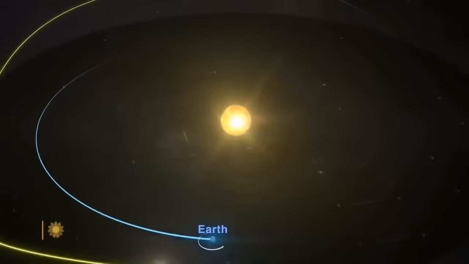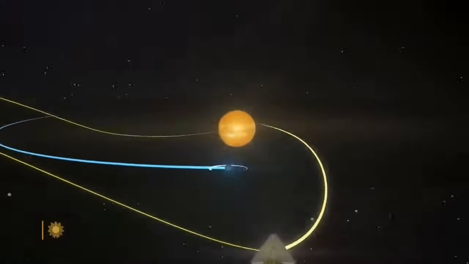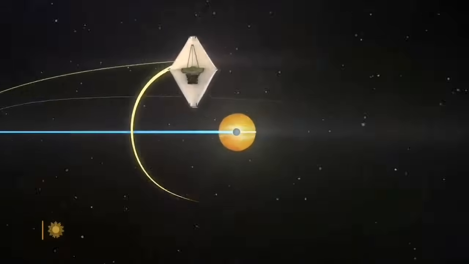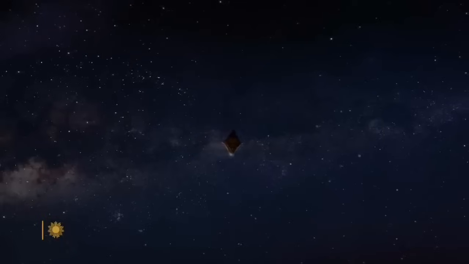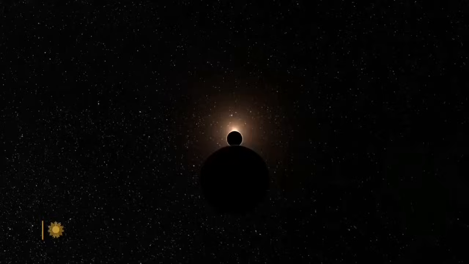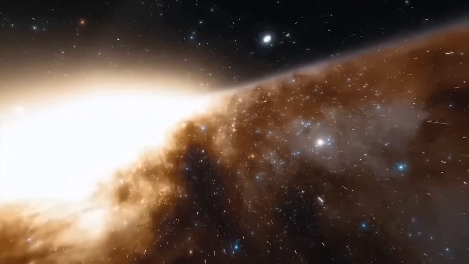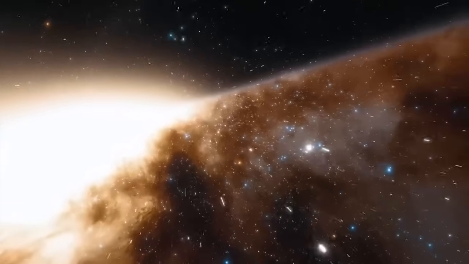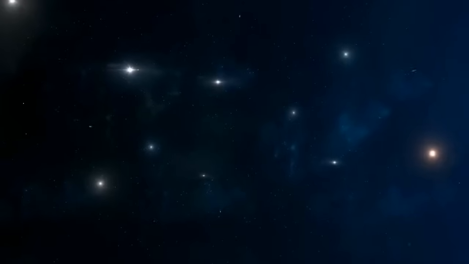In order to accomplish these goals, the JWST has been built to be highly sensitive and precise. It is designed to operate in the coldness of space, far away from the heat and interference of Earth's atmosphere. By being situated in space, it can capture clearer and more detailed images, allowing scientists to unlock the secrets of the universe. You see, the JWST wasn't just created to pop up amazing images of the universe, rather to continue